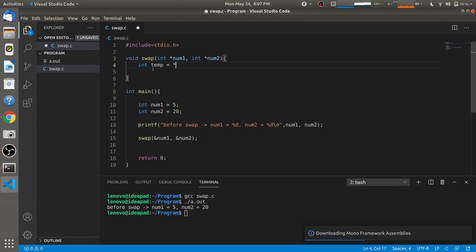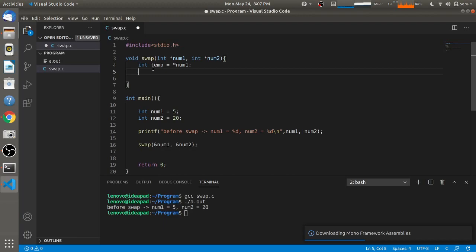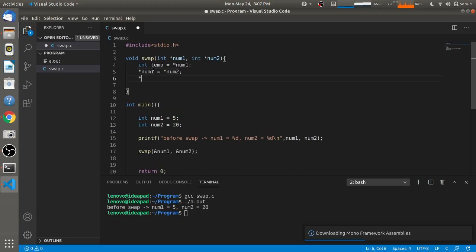and then this third variable will store the value of num1, and then we have to give the value of num1 equal to value of num2, and at the final, value of num2 will be equal to temp.